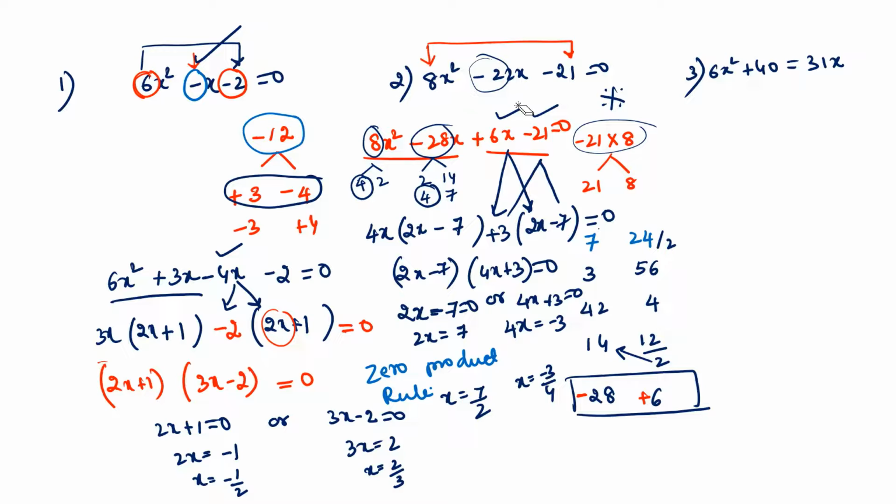Third one. Krishna, is it in standard form? Ma'am, first we should take the 31 into LHS. Very good. So what does that become? Ma'am, 6x square minus 31x plus 40 equals 0. When we are transposing the term from left hand side to right hand side or vice versa, the sign changes. Very good. Now we have to take the product of